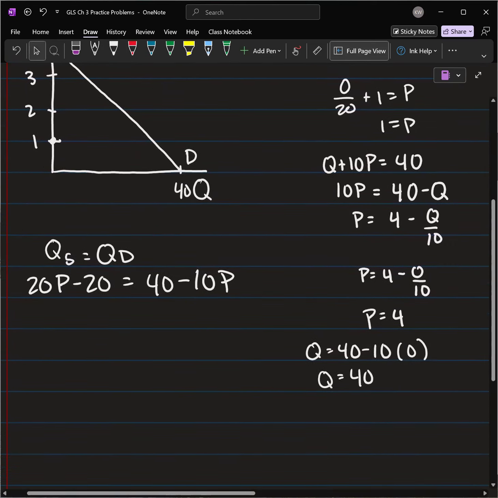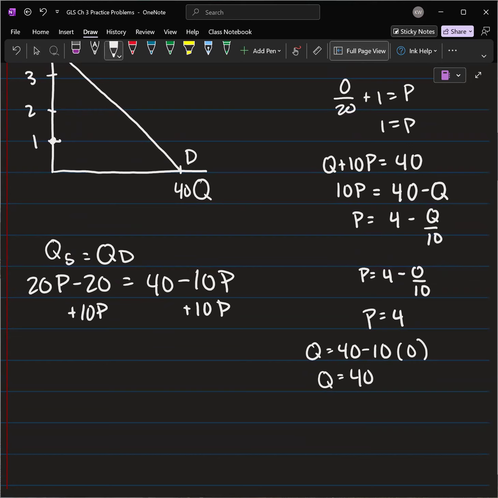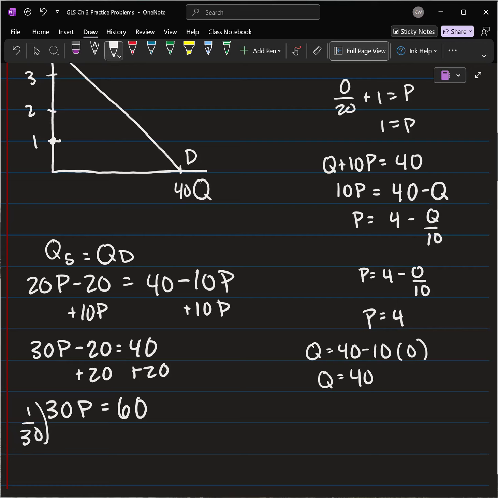Here we're going to solve for the price. So we will add 10 times the price to both sides. That's going to give us 30 times the price minus 20 equal to 40. Then we'll add 20 to both sides. That gives us 30 times the price equal to 60. And then when we divide both sides by 30,